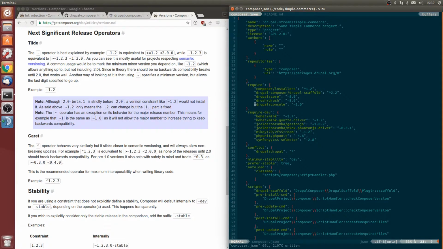Yeah, they're both very similar, but important differences. What's next? And as I said, it's all documented on getcomposer.org. Now,